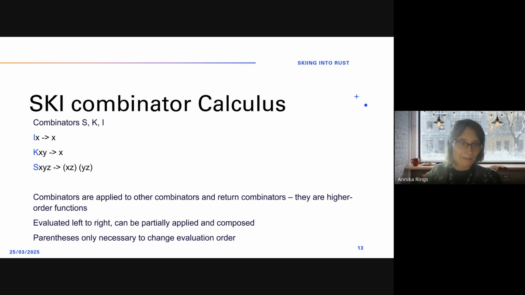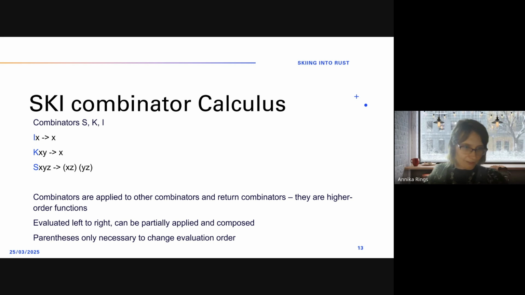So we have in the system only these three combinators. So all the arguments that we apply them to is also one of these three combinators. So they're higher order functions. They take other combinators as inputs and return combinators. Usually we evaluate it from left to right, and we only need to put parentheses if we want to change